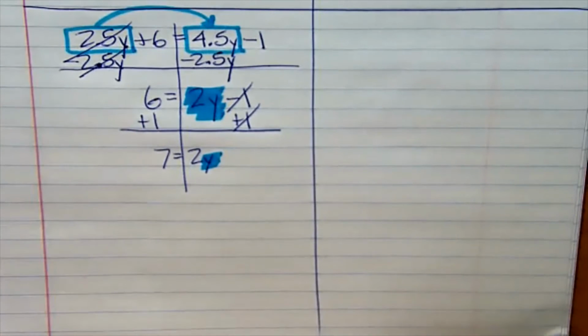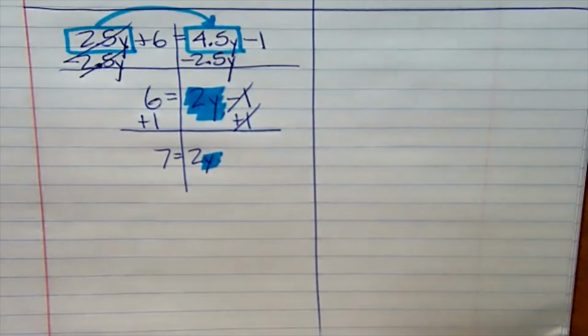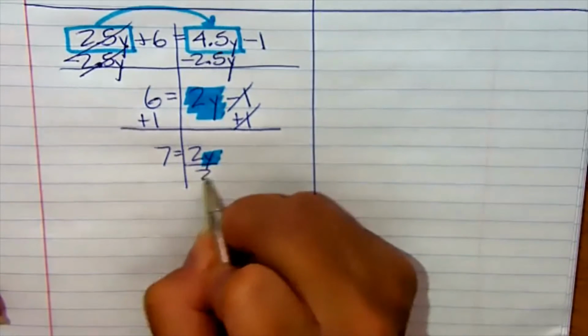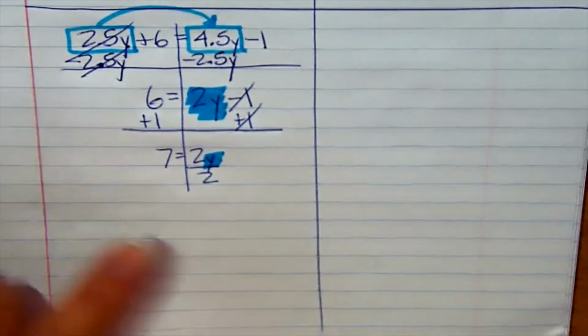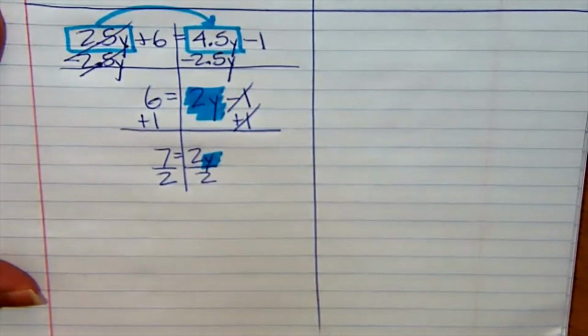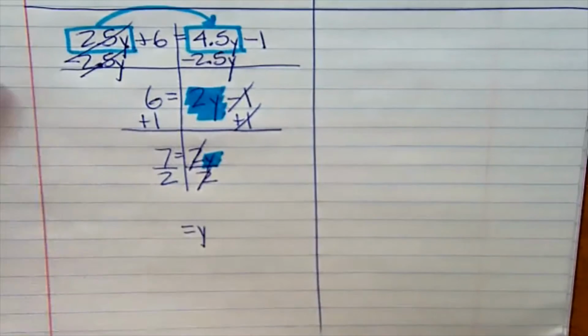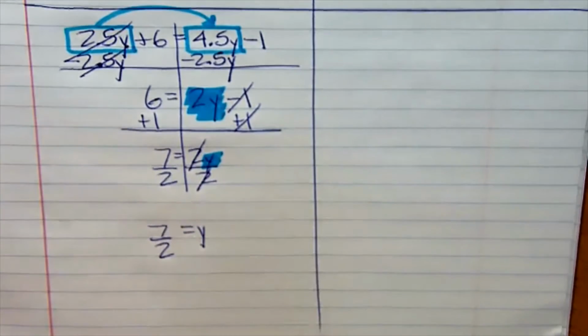So I need to undo or get rid of this times 2. To get rid of times 2, I need to divide by 2. What I do to one side, I must do to the other. Okay, so y equals, these guys cancel. I can leave my answer as 7/2,